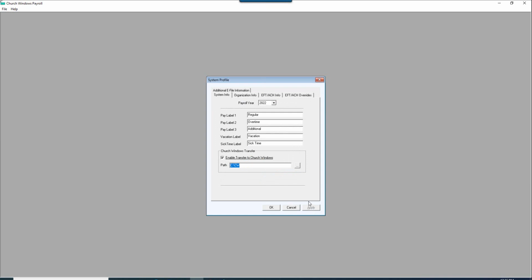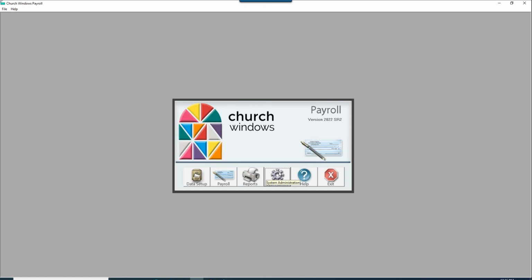If it accepts my apply, then it's found a valid accounting database. If not, then maybe we have to revisit and check that path again. But that does set the path between Church Windows and accounting, and then once we've got that, we click apply and OK, and we now have the ability to transfer and link payroll and post it into our accounting